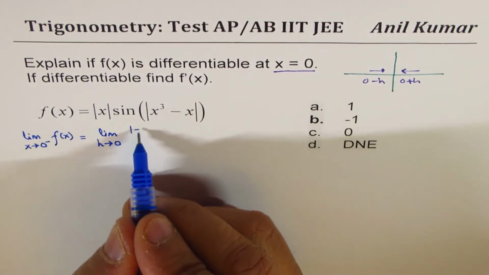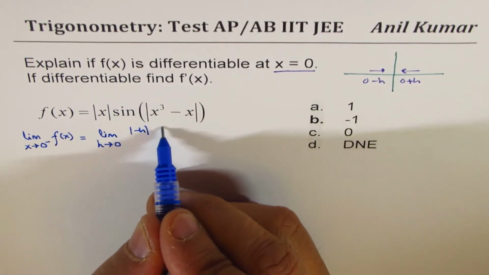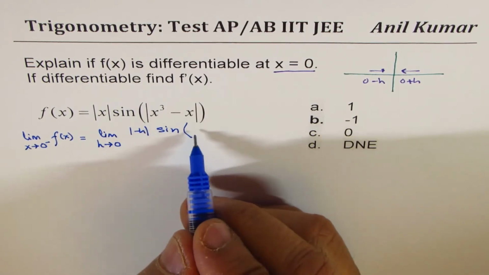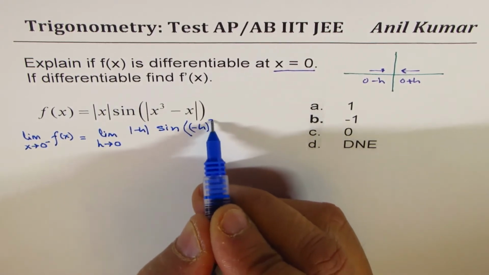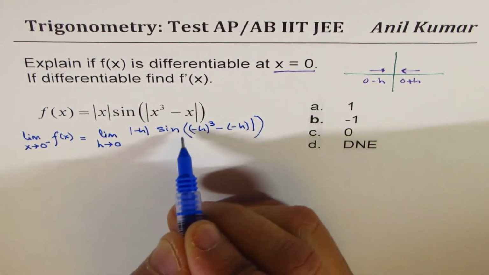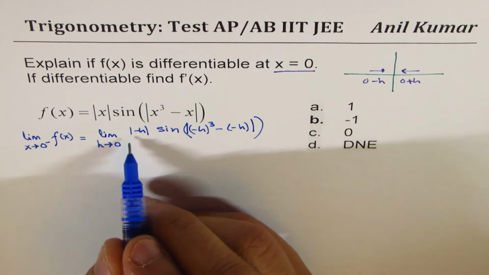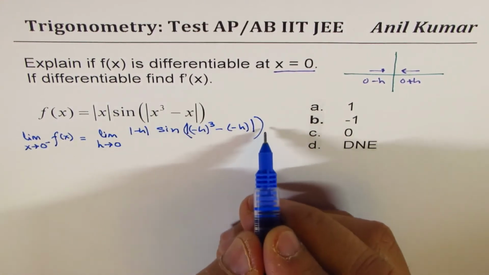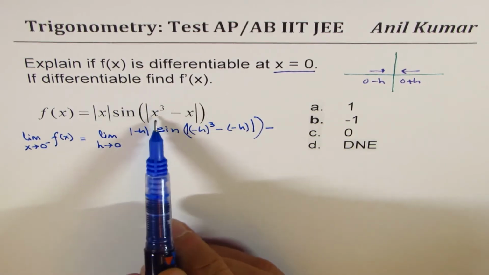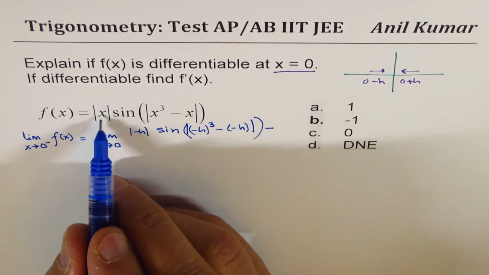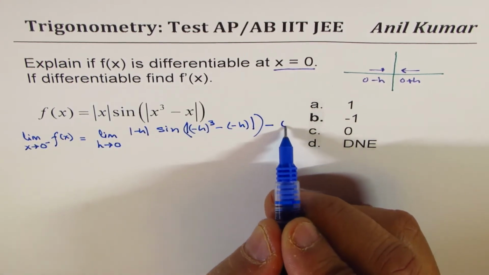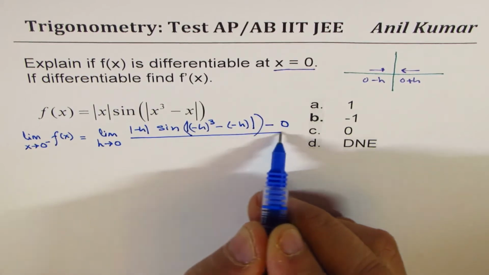So we'll take absolute value of minus h times sine of, within brackets, minus h cubed minus of minus h, absolute value, correct? So this is absolute value. So that's what we have, minus f of 0. So if I do 0 here, then absolute value will be 0, which is equal to 0, divided by